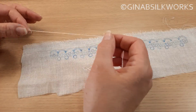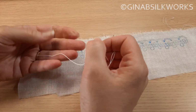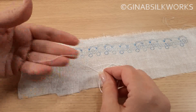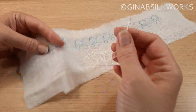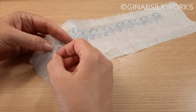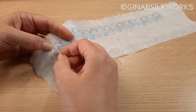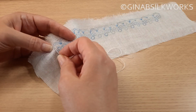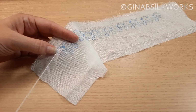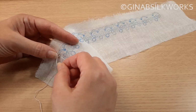So I'm going to try with a cotton broder thread, and as you can see it's got a nice tight twist to it. I'm going to work the scallops first, and I'm going to start off by just simply stitching through and leaving a bit of a tail. And now I'm going to follow the line